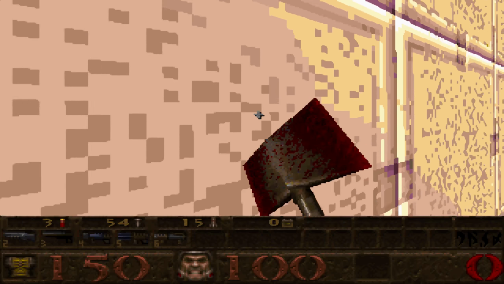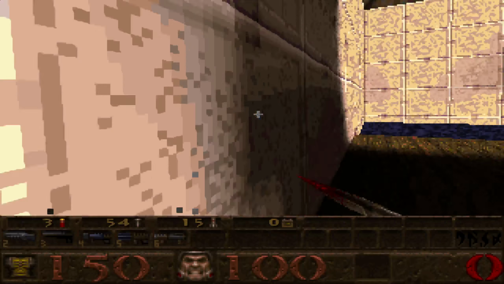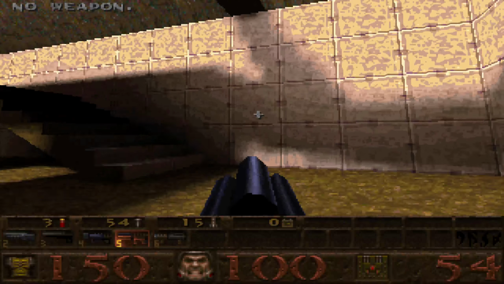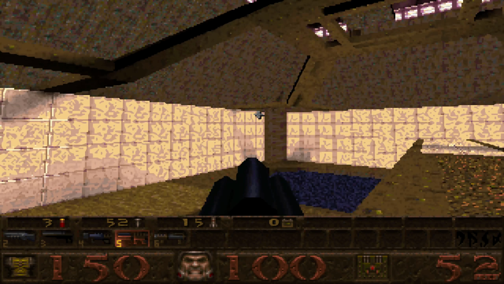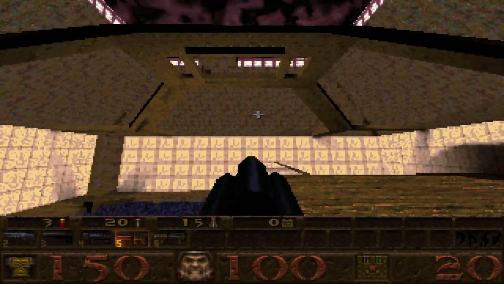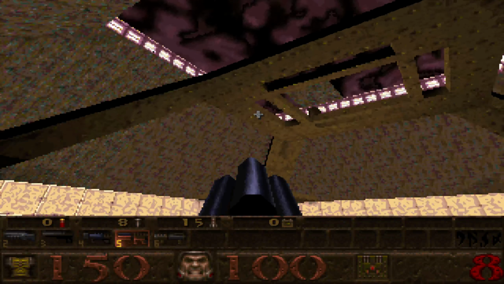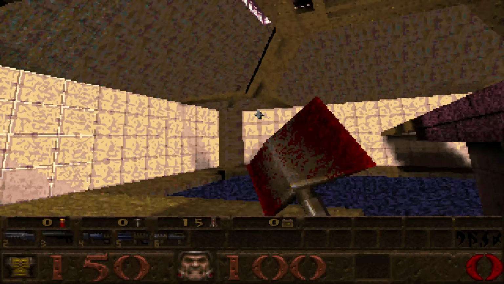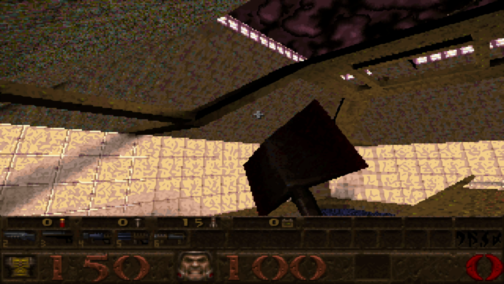Try and slowly hit like this, just like if I was Doom Guy. As you see, it won't do anything. It's like you really have to hit in the right spot. Well, now I'm out of ammo. Where exactly is this wall that I need to shoot at? That's what I need to figure out now.